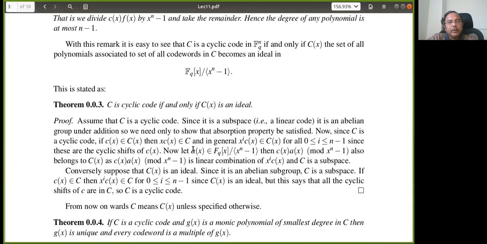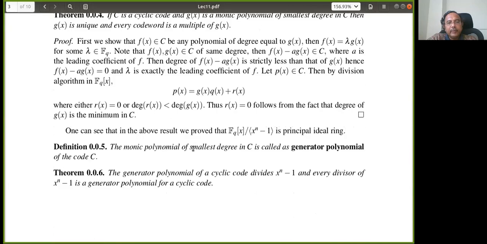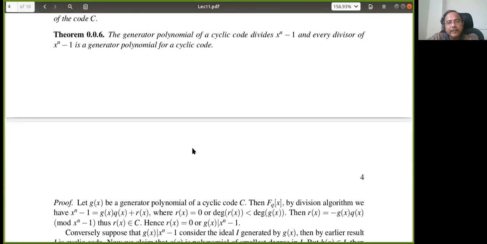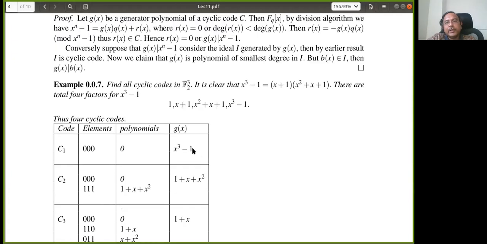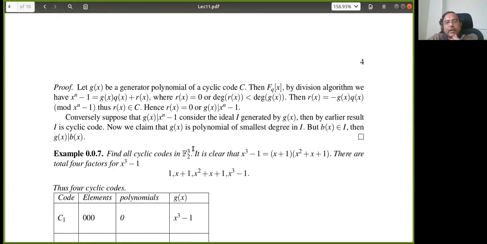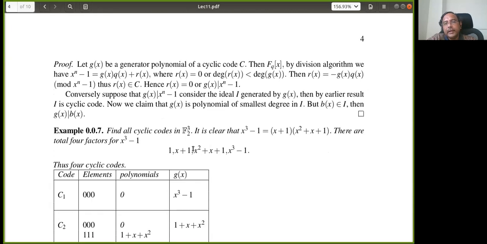I needed to explain this before giving these results. It is better to have some examples so there is more advantage, so I have given a lot of examples. Take x cube minus 1. How will it be factored? x plus 1 into x square plus x plus 1, right? Why will x square plus x plus 1 not factor further? We need to answer that. Why is it irreducible? Can somebody help me?